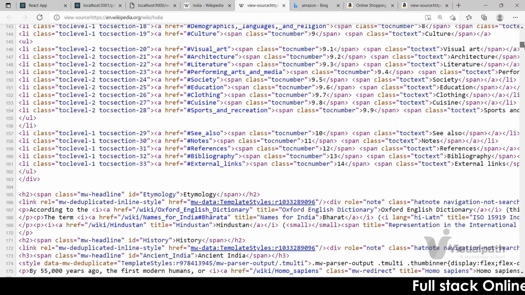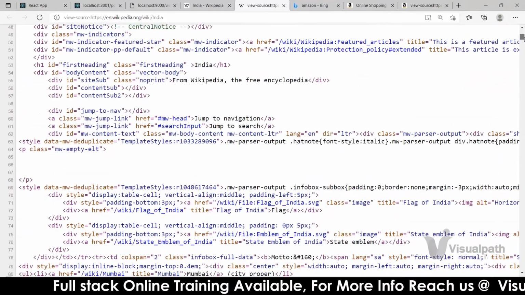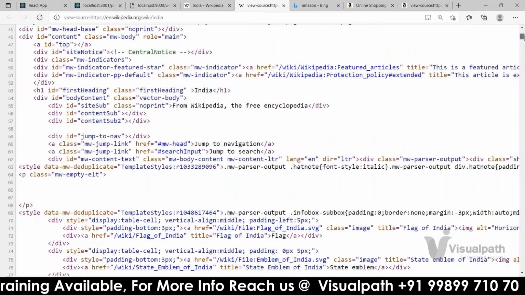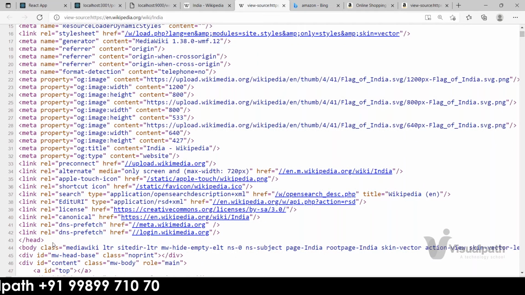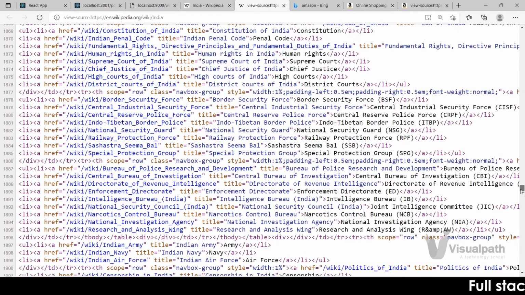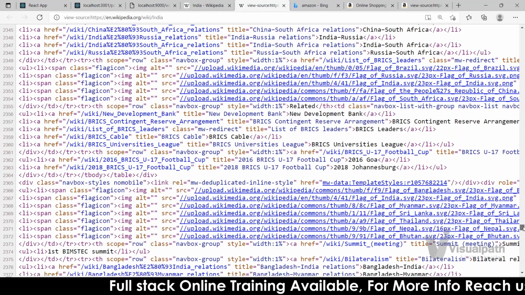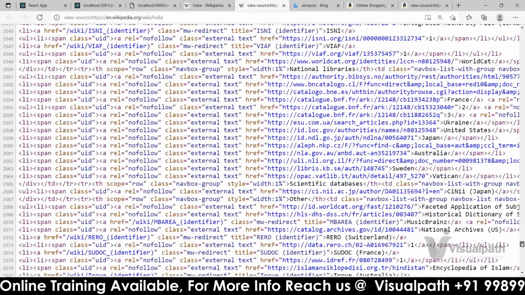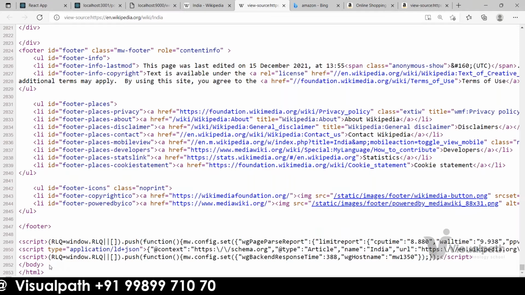And after that, line number 43, you are able to see something like the head tag closed over there. Then immediately what happened? The body tag started. Now whatever is there in the list items, so many things are there. Some links, because in a Wikipedia page, most of the time it is links only, right? Some data will be there and links to some other data. And at line number 2852, the body tag closes and then HTML, right?